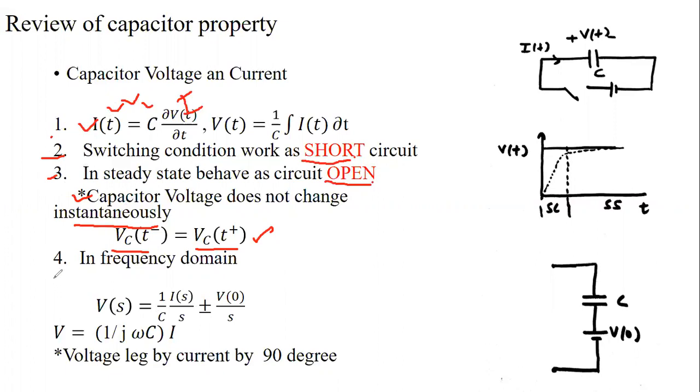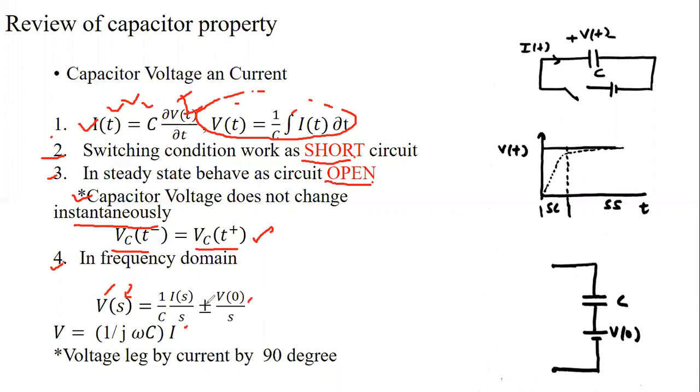Okay, if we want to see the behavior of a capacitor in the frequency domain, we integrate this equation: v(t) equals 1 upon C integral of i dt. If v(t) is replaced as V(s), where s is the complex frequency and its value is equivalent to j omega, then the Laplace transform of v(t) is V(s), and the integration of this term is 1 upon C, I(s) upon s plus minus v0 upon s.